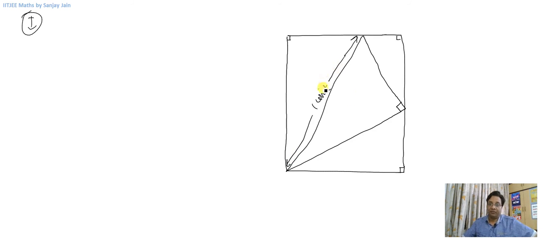So if you can draw this diagram, let us say this angle here is angle A and this angle here is angle B. So what can you say about this complete angle? This complete angle is angle A plus B. And if this angle is angle A plus B, what about this angle? This angle is an alternate interior angle, so this is also A plus B, right?